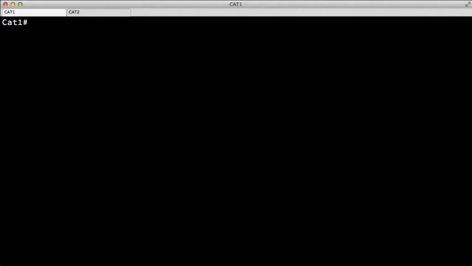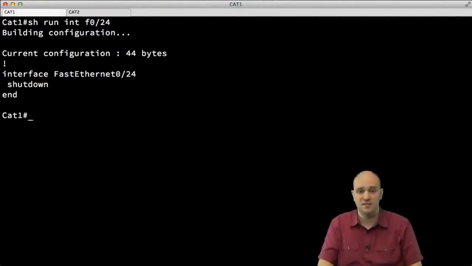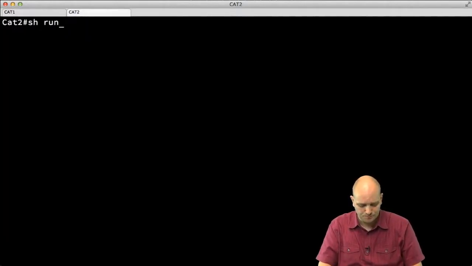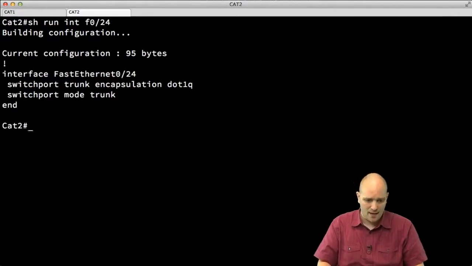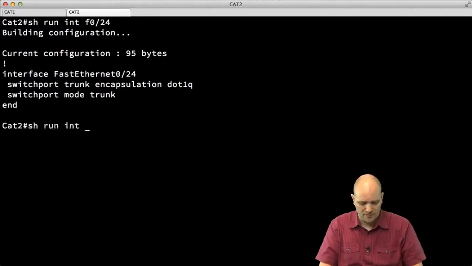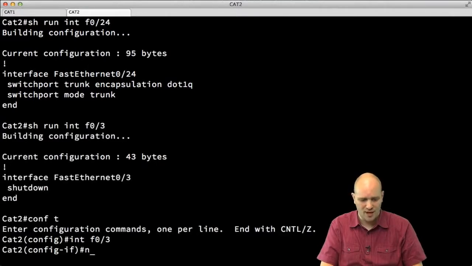So here I am on Cat1. I just want to see the current configuration of my relevant port. So this is FastEthernet 0/24, the port that is facing my Cat2, and as you can see, it is shut down. On Cat2, this is the configuration, and as you can see, this port has been configured as the trunk. And also, if I do show run interface FastEthernet 0/3, I can see that FastEthernet 0/3 is shut down. So I'm going to go to FastEthernet 0/3, I'm going to do no shutdown on this port,